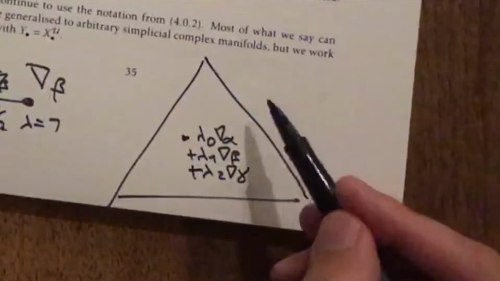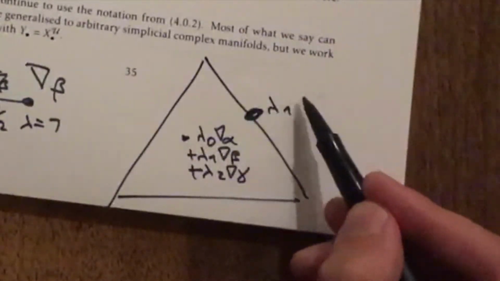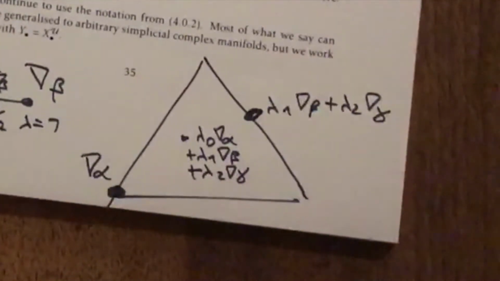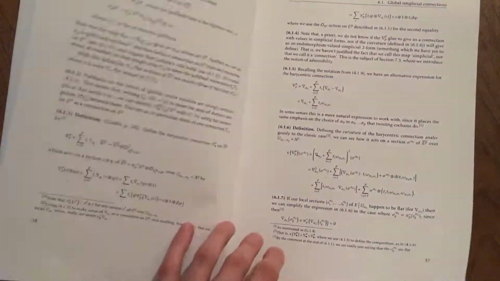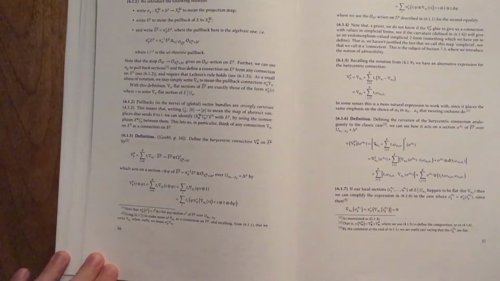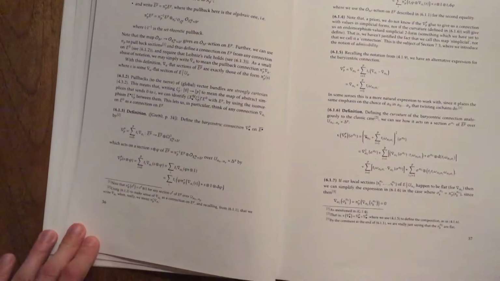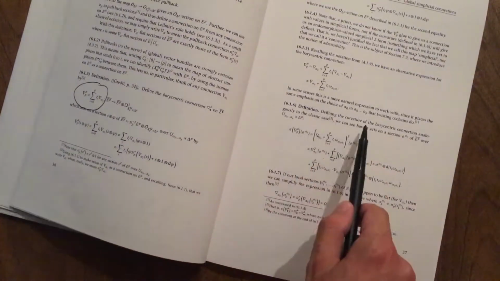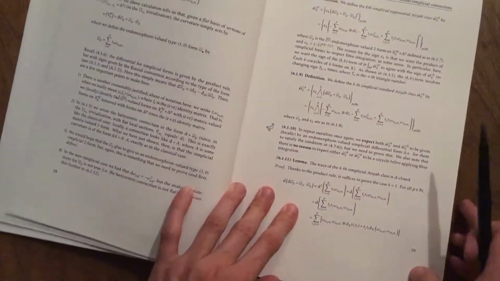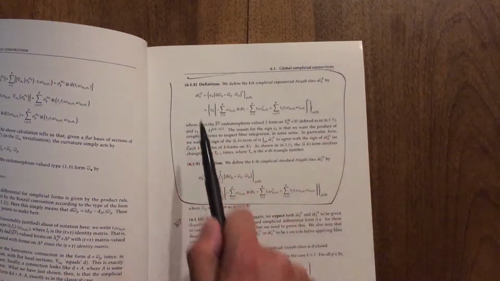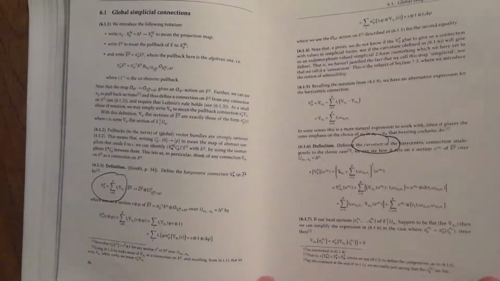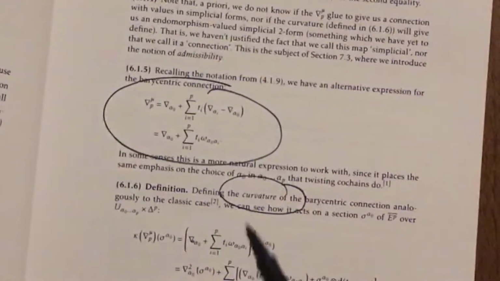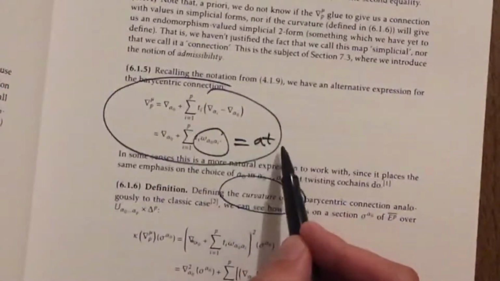We can think of this as a triangle, and then any point on the boundary corresponds to forgetting one of the local connections, and any vertex corresponds to forgetting two of them, and just remembering one. Proceeding like this, we can build, on each level of the Čech nerve, that is on each p-fold intersection, a connection that is parametrized by the p-simplex. Using this construction, we can explicitly calculate the curvature, which gives us what we call the first simplicial Atiyah class, since we can show that, working over U alpha 0 on any p-fold intersection U alpha 0 to alpha p, it contains the Čech cocycle representing the Atiyah class that we've already calculated.